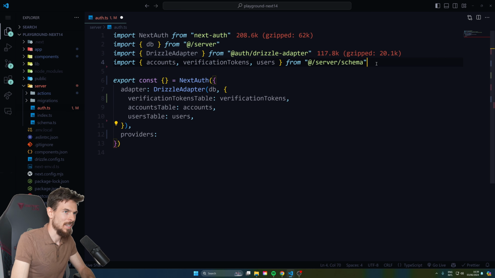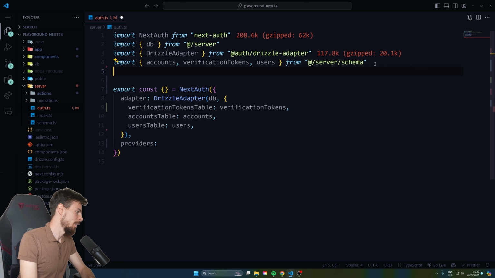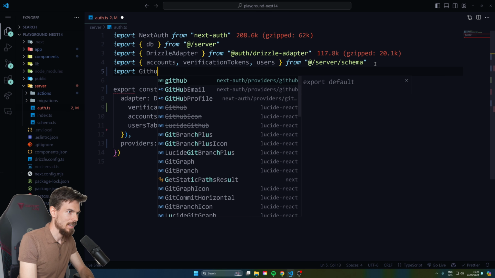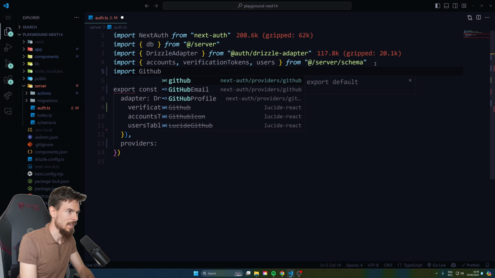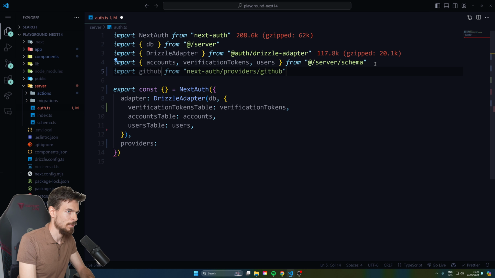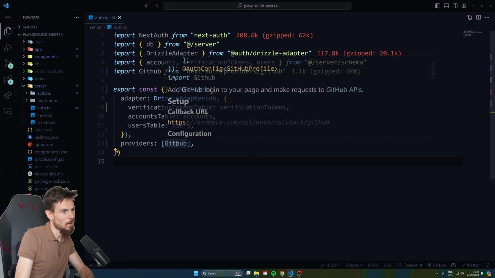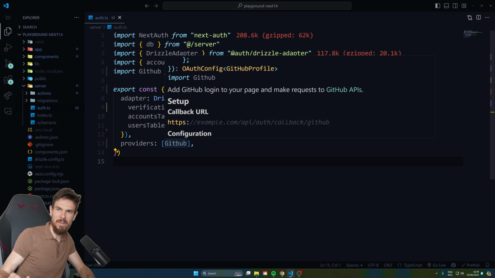If you want to do GitHub, let me just show you how you can do that. It's so simple, might as well implement it now. So let's just do import GitHub, with uppercase like that, from next-auth/providers/github. Okay, that should be correct. Let's do uppercase, that's how they do it in the docs. Let's copy the docs. There we go. So we'll just pop that open, paste in GitHub, and that should be it. Now here, this is automatically going to recognize your